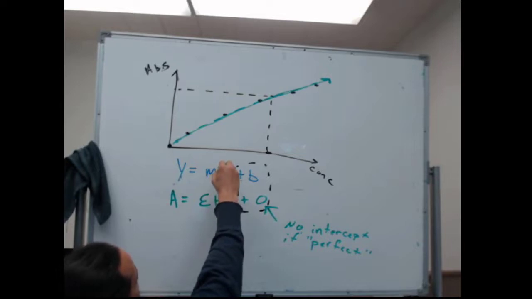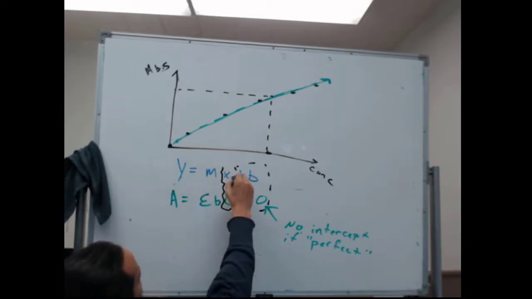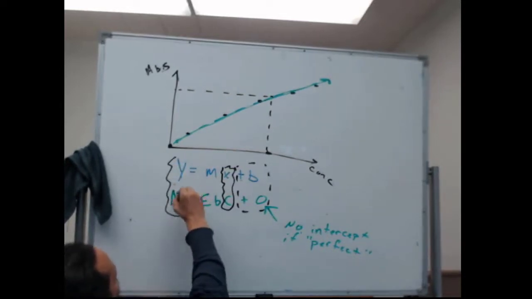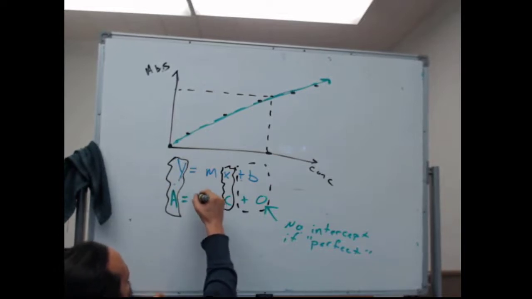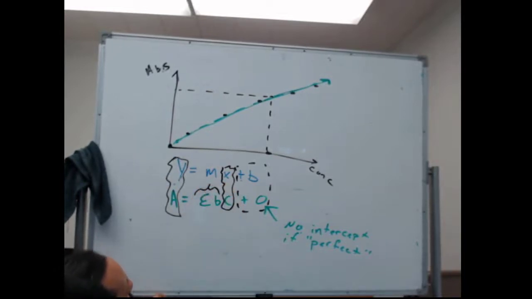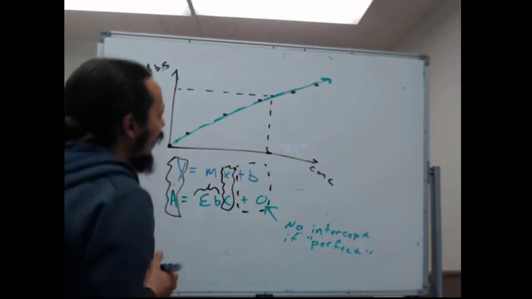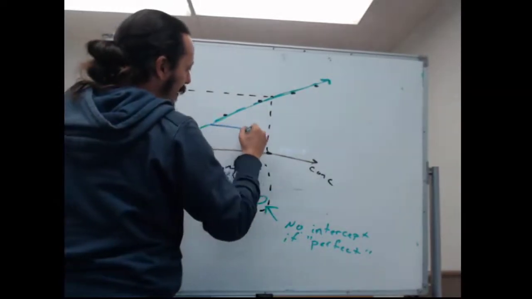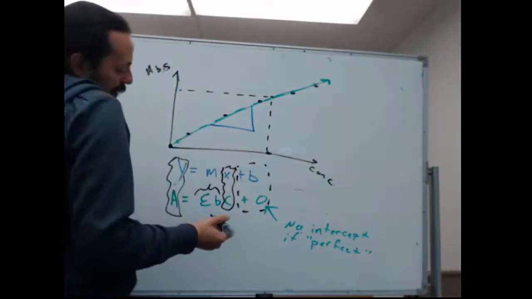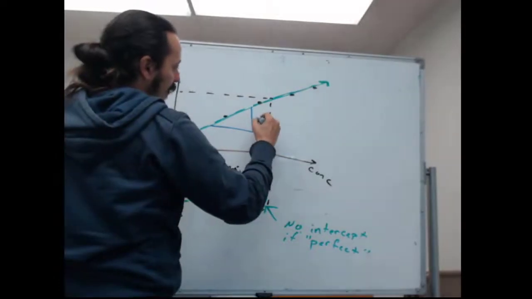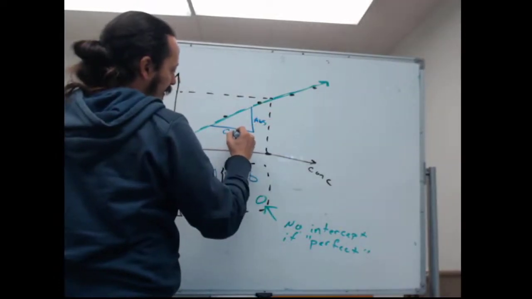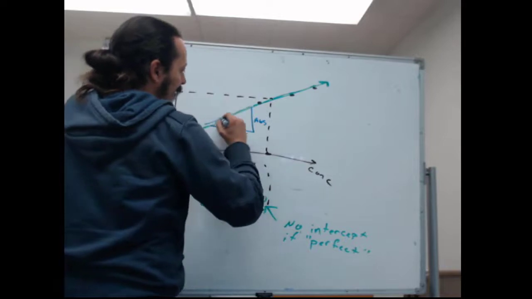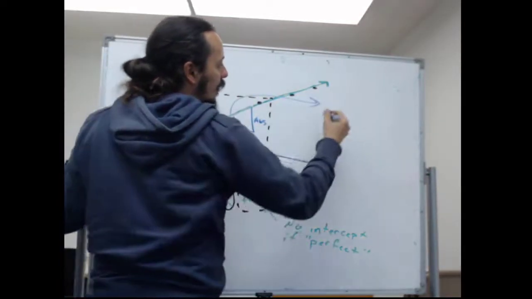Our x-axis is the concentration. Our y-axis is the absorbance. And what that means is the slope of this line is actually going to give us some chemical information about our compound. Right? This is absorbance. This is concentration. That slope is going to be